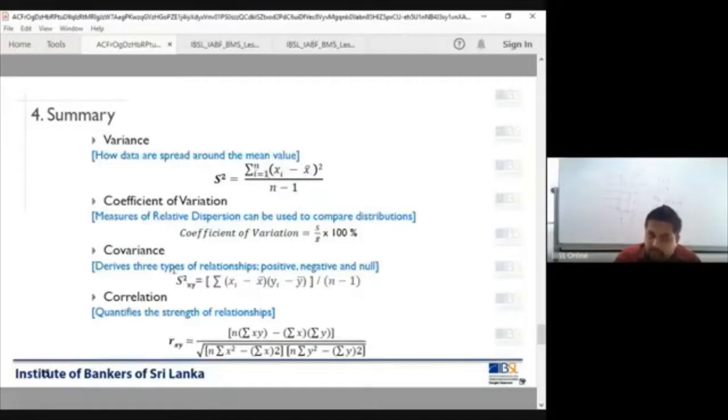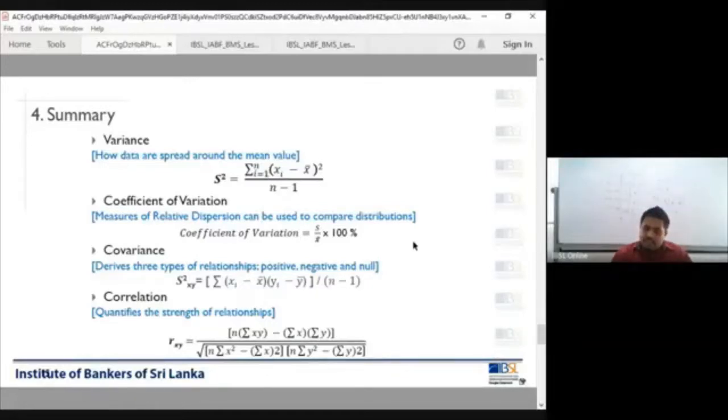That's why we came to this indicator of coefficient of variation. The idea is that it measures the relative dispersion. Relative dispersion can be used to compare distributions. Okay, that's the idea. Then thirdly, we define now when we have more than one variable, we identify that instance